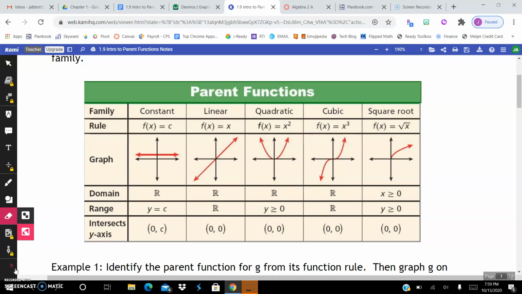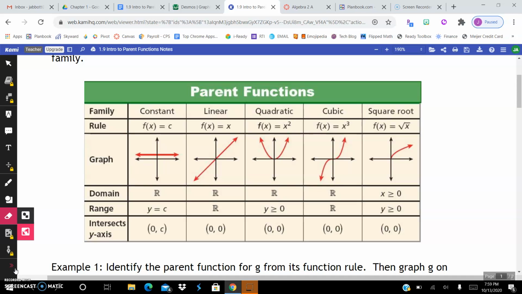The fourth one over is cubic, and that is f of x equals x to the 3rd power, and it's going to give us that squiggle line there. Its domain and range are all real numbers as well, and it also goes through the y-axis at the point 0, 0. And then our last one is a square root function, and the most basic square root function we